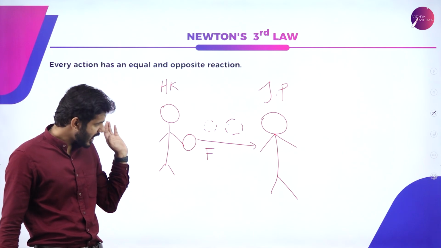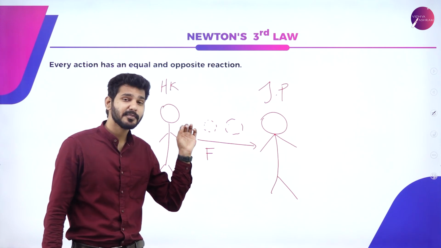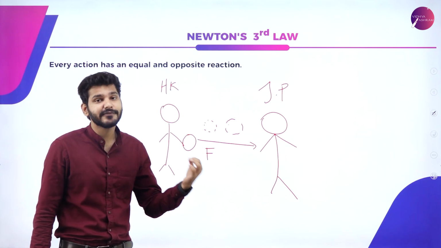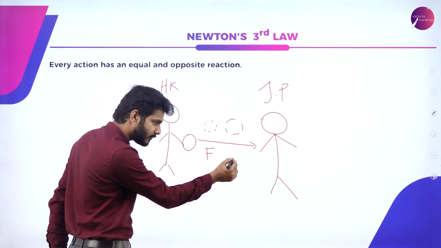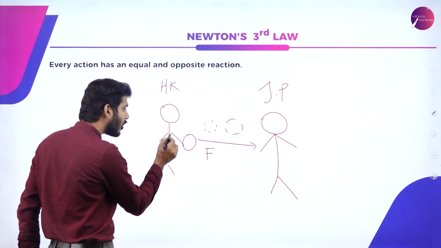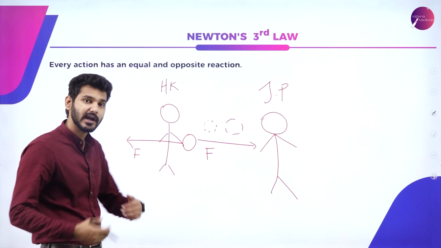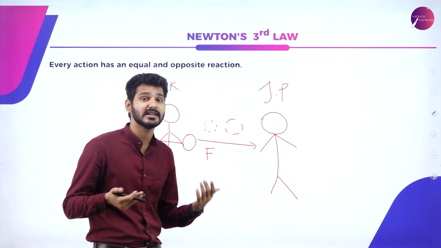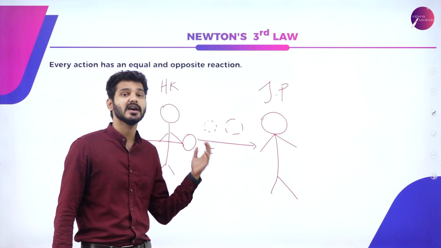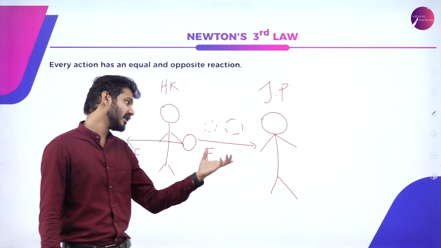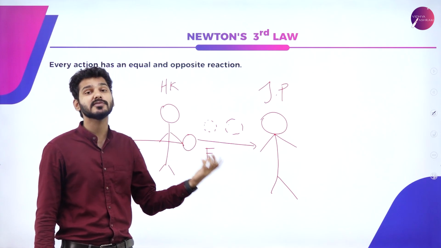So when I throw the ball forward towards my best friend, the ball is simultaneously exerting a force onto me. That is, when I am exerting a force onto the ball and throwing it, the ball is also exerting a force onto me in the opposite direction, and I will move backwards. That is a consequence of Newton's third law of motion. Just like in the case of a boat and the person jumping from the boat, if there is no friction, no air resistance, in a complete vacuum, I'll experience this force much more clearly.